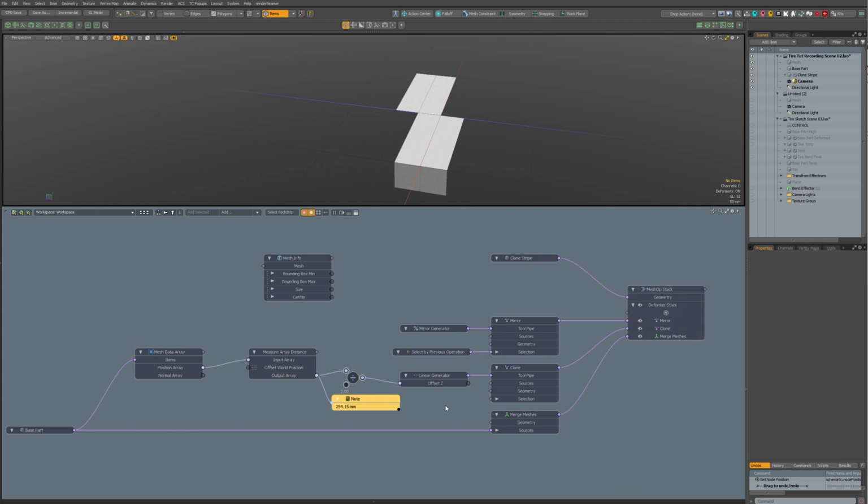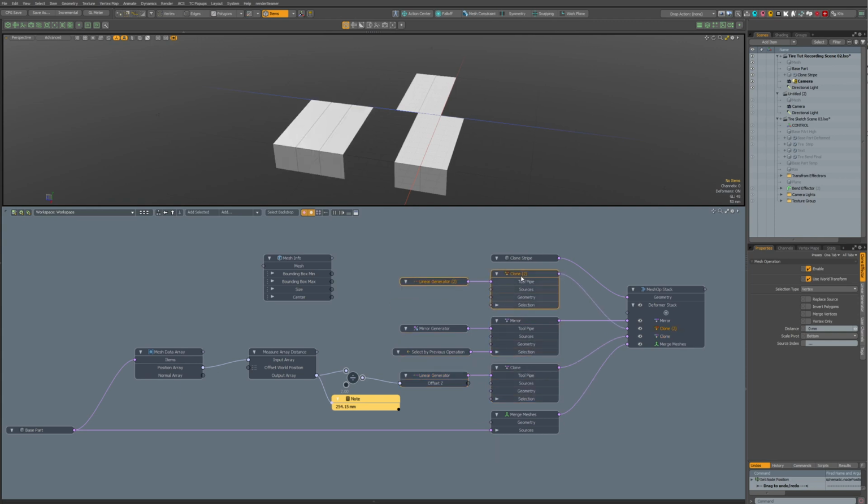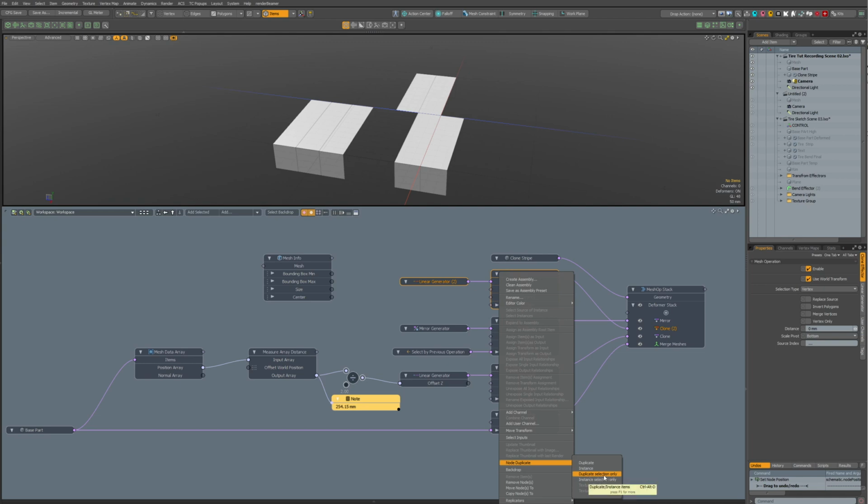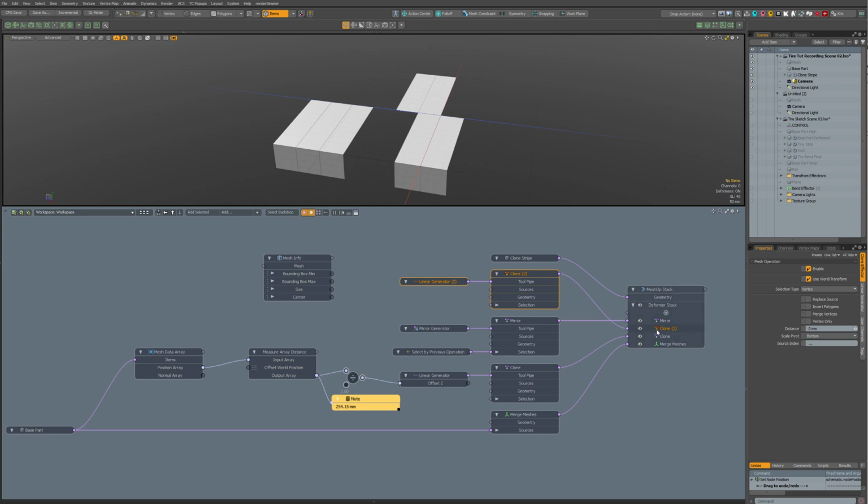So now we have to add new clone operator, and I duplicate it. I think it's duplicate selection only that I used. I have it also mapped to hotkey and put it over the mirror.